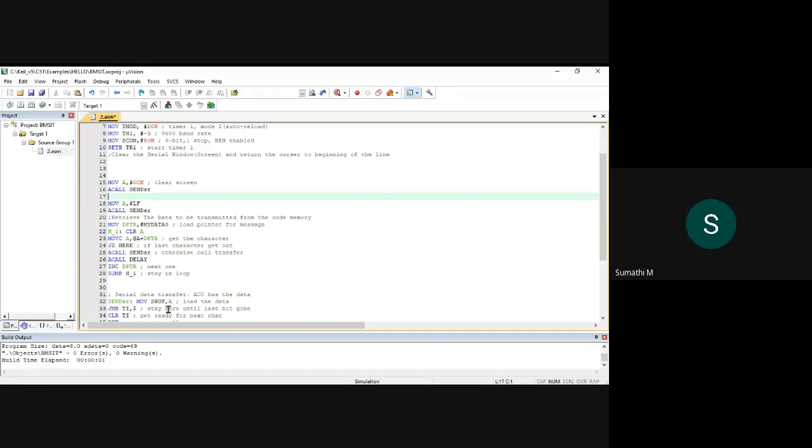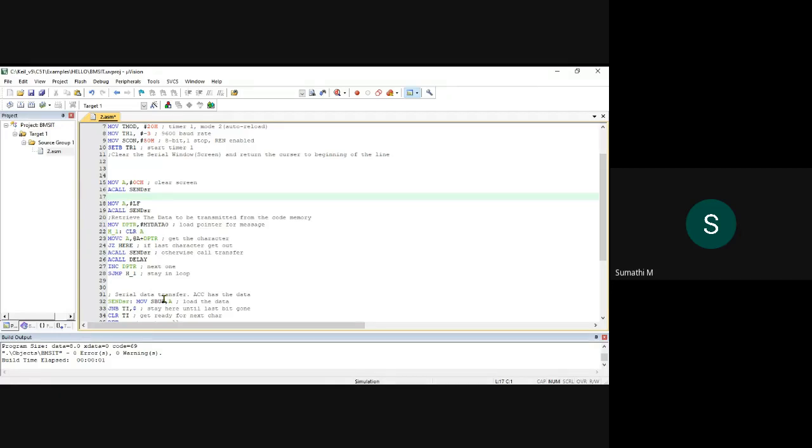See, basically, whenever I want to send even a single data, it has to be via the SBUF register only, and the accumulator is the main one. Only from the accumulator can I send it to the SBUF register. So for the clear screen data, I send it to the accumulator and then to the SBUF register. Then line feed, I access the data in the accumulator and send it to the SBUF register. So two things are over: my screen is clear and the cursor has come to the initial point. These two lines are clear.